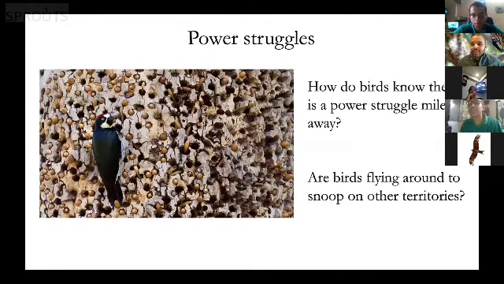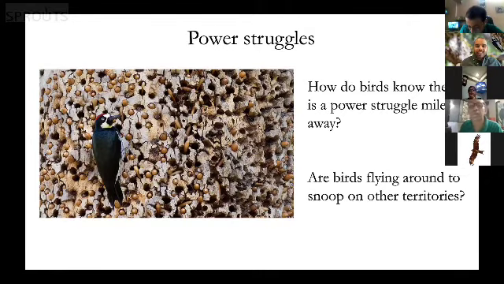Let me go back. So these power struggles, where this all starts, where like 50 birds are fighting with each other until one group beats all other groups, start within minutes of the breeding vacancy being available. As soon as the breeders at a high quality site die, within minutes there are birds fighting, and birds visit from over 4 kilometers away. So other birds in groups living 4 kilometers away hear about these fights and come and fight with their relatives to become a breeder there.